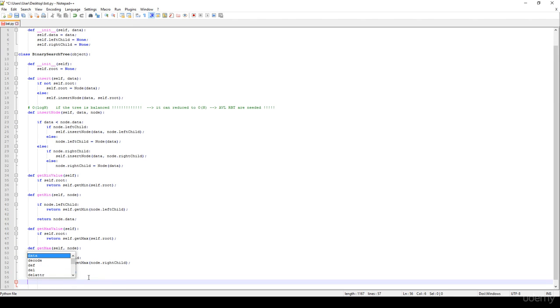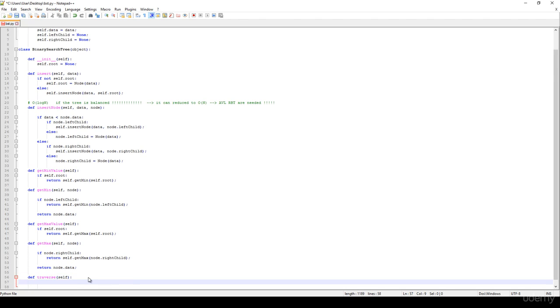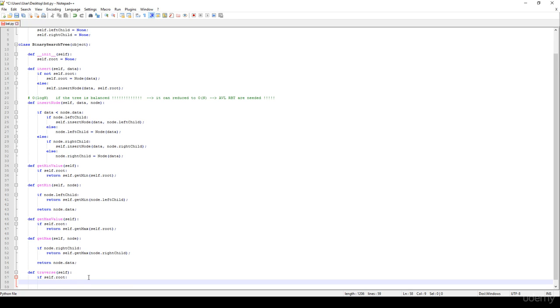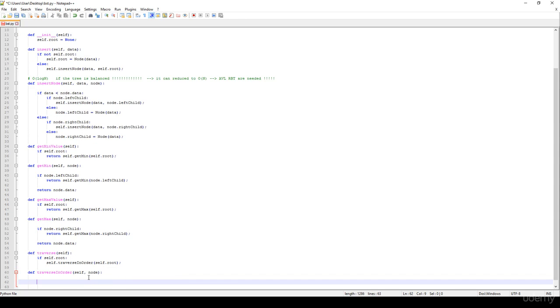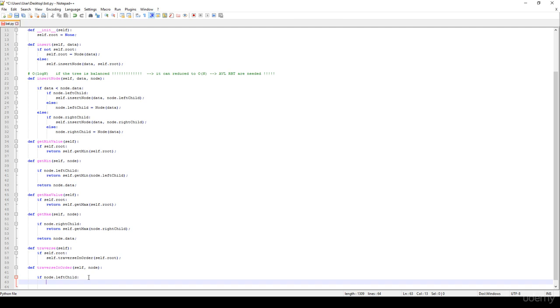We have the def traverse method with the self, and if self.root node again, so if the root is not a None, which means that the tree contains nodes, then we just have to call the self.traverse in order on the self.root. Okay, so we have this traverse in order with the self and the node, and if the node.left child is not a None, we just have to visit, so call this method recursively,